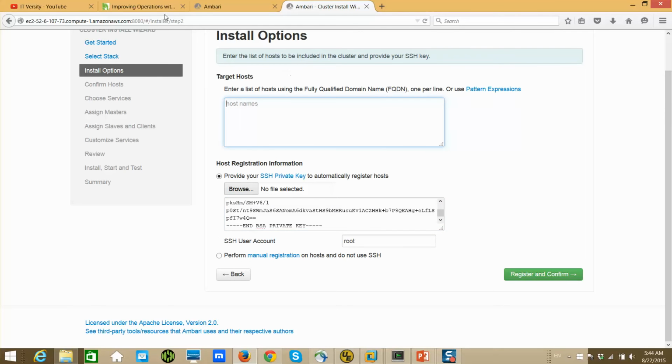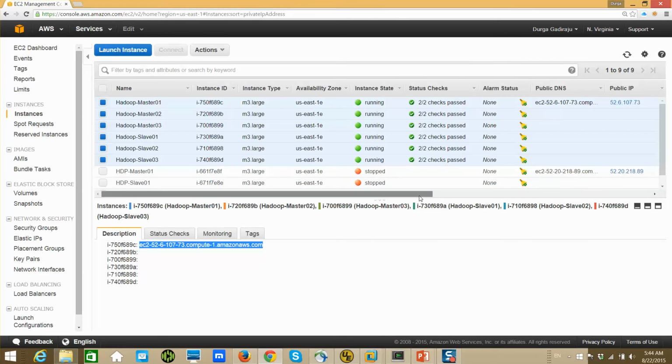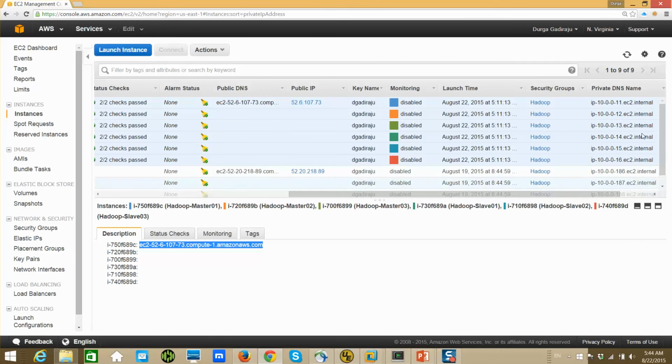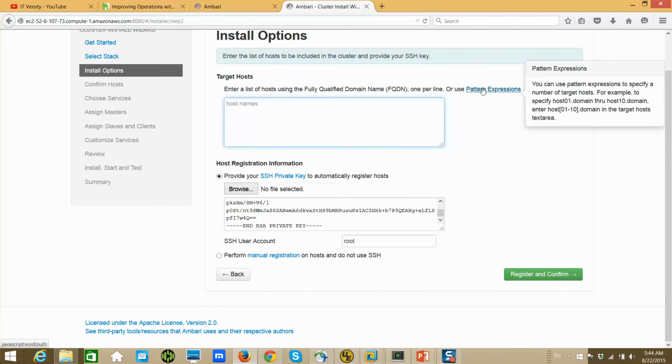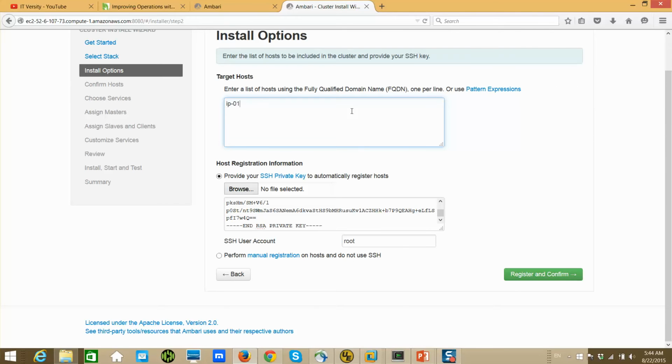Okay, now you can give the host names, and for that you have to give the private IPs of our hosts. In this case, our private IPs are 10.0.0.11 to 16. Instead of giving all the hosts one by one on different lines, you can use pattern expressions. If you hover your mouse over the link which says pattern expressions, it will give you a tip of how to use it. In this case, we will use it like this: 10.0.0, and I want from 11 to 16, so I am giving it like this in square brackets,